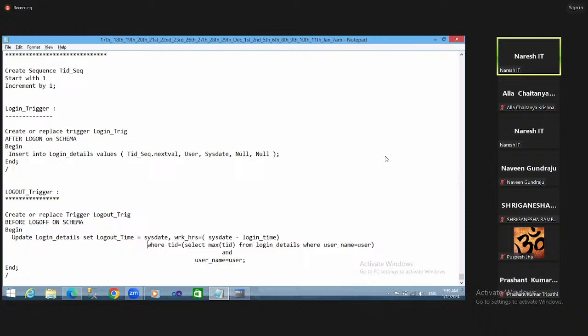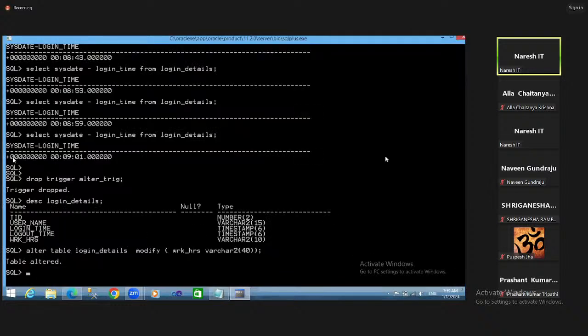At a time, two columns are updated. One is the logout time, and parallelly, working hours are also updated. But you may ask one doubt, sir, what about these 000s? These are hours, minutes, and seconds. So what about the zeros? Suppose your login time completes 24 hours,